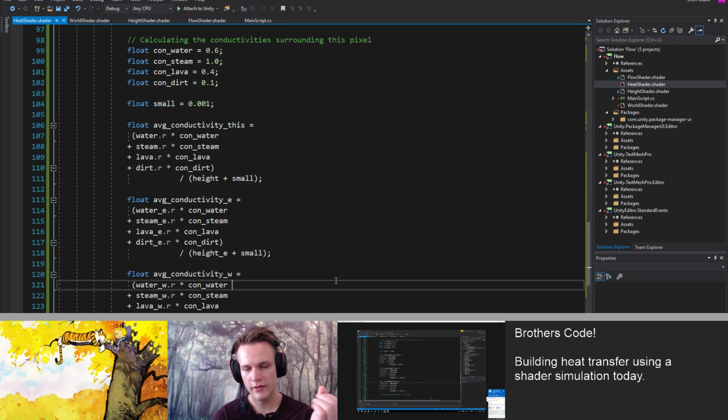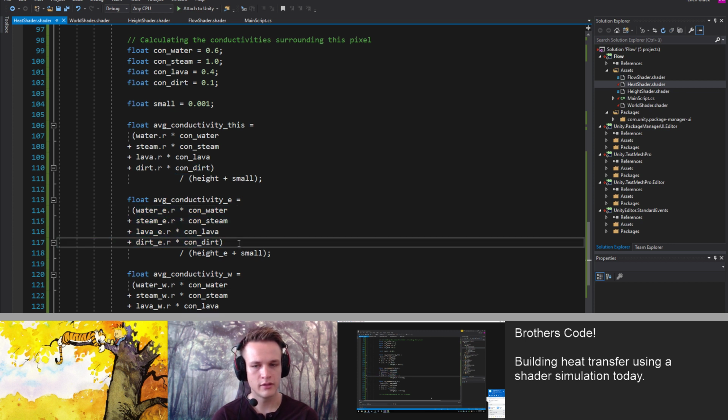And because of float math, if the height is 0, then the average conductivity should be 0 even if it's divided by a small number, right? Like 0 over a small number is still 0. I would hope so. So what must be happening is the sum must be non-zero, but the dividend is 0. So the height texture,